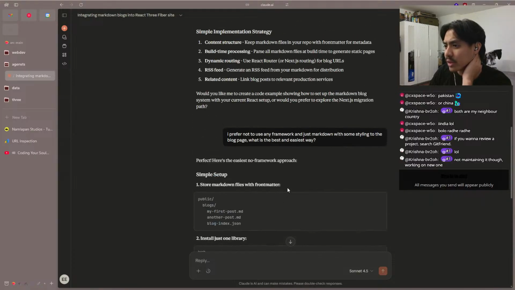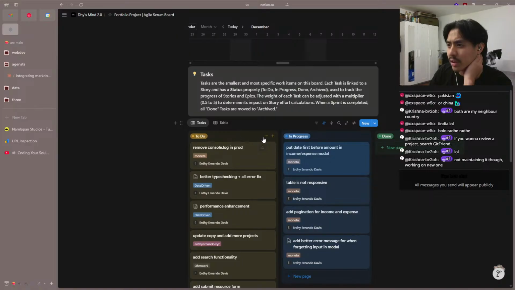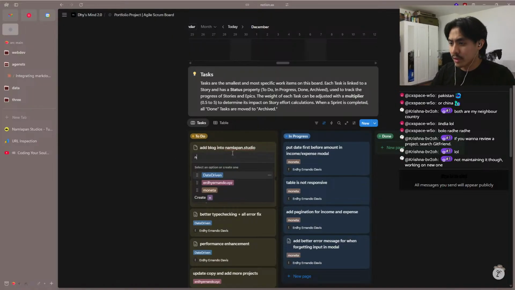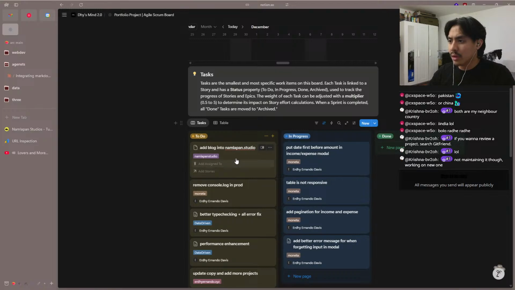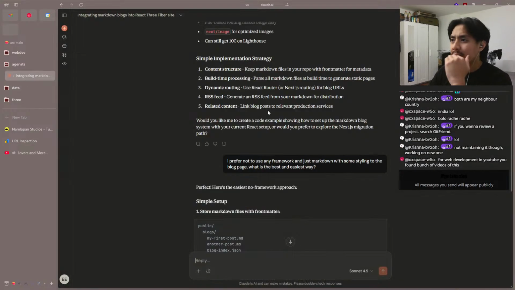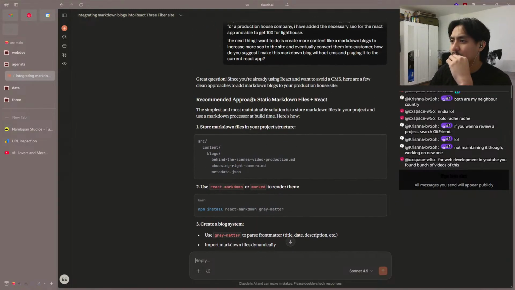Okay, I'm gonna read this through, so I'm gonna need to go here and see how the project is. I'm gonna find studio here. Static markdown files for, yeah. This is